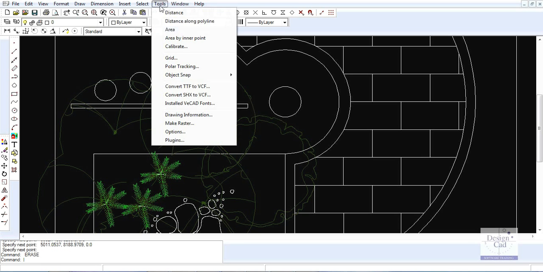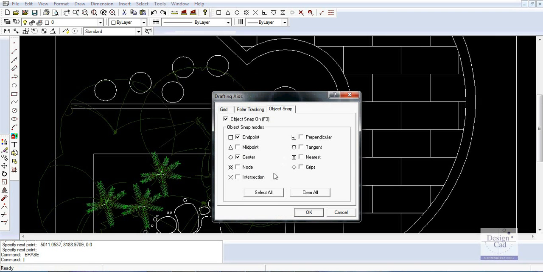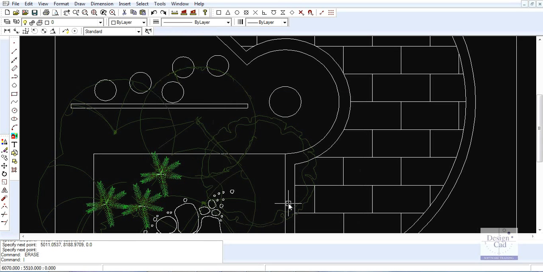Quite important in my view to understand, if we go back to Object Snap and Settings, clearing all, get them off. Otherwise you'll find as you're doing it, you tend to forget they're on when you're doing something else. Placing entities will jump and set themselves at points you least expect, and that's because that object settings has been left on. So I hope that gives you some introduction, if you like, to Object Snap and Object Snap modes.